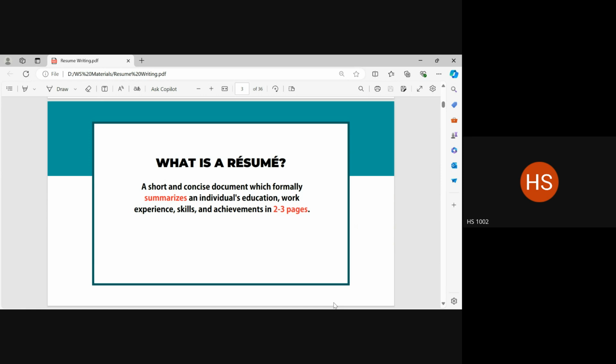So there are a few things that you need to take into account here. One, your education, which is usually listed in descending order. For example, you do not list your primary education first, you list your highest qualification first under education, your latest qualification, right? Then there is work experience. Sometimes as a fresher, you do not have a lot of work experience. But that does not mean you do not have any experience.